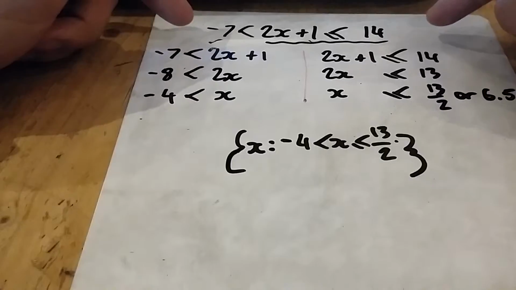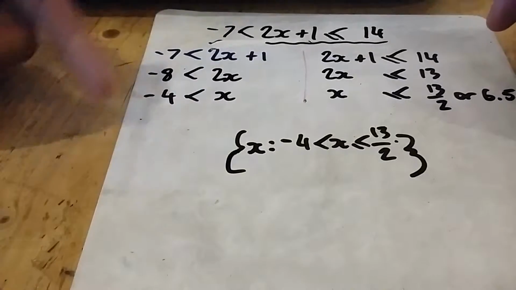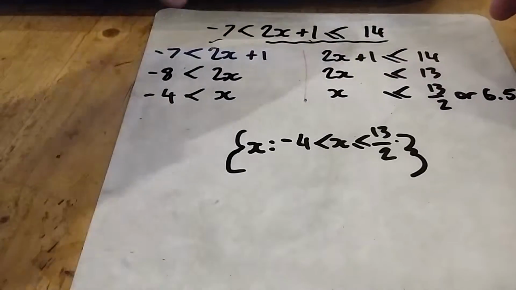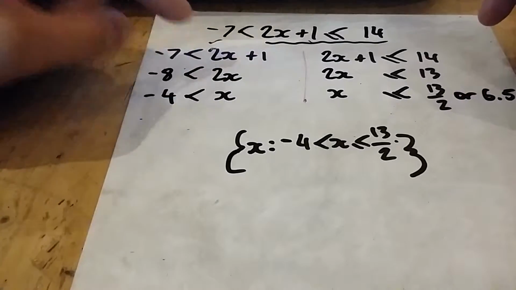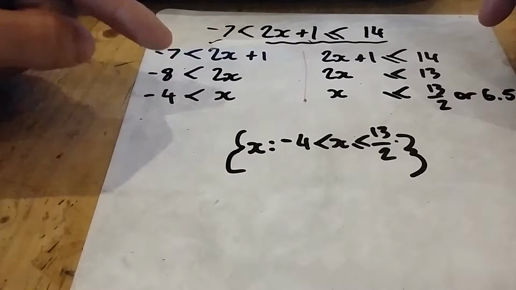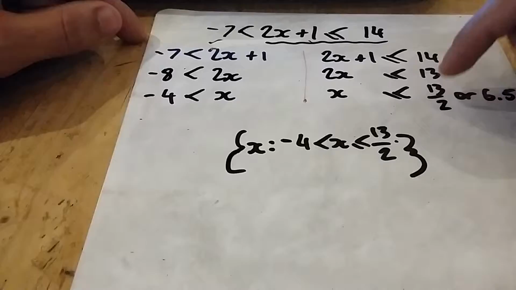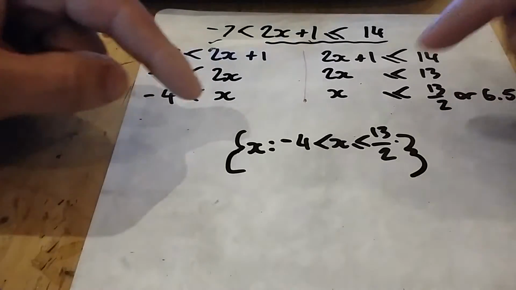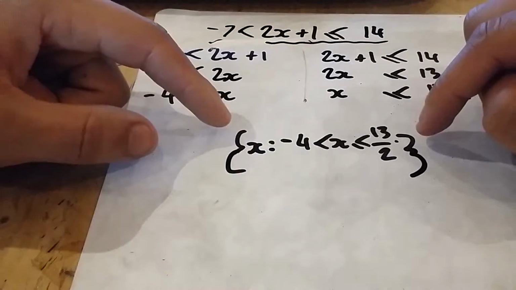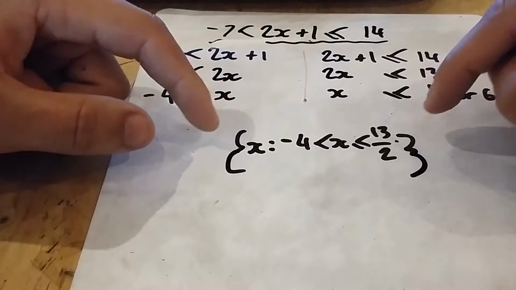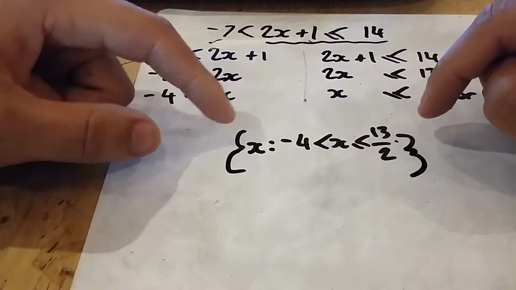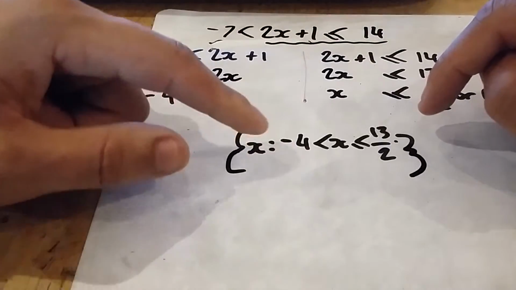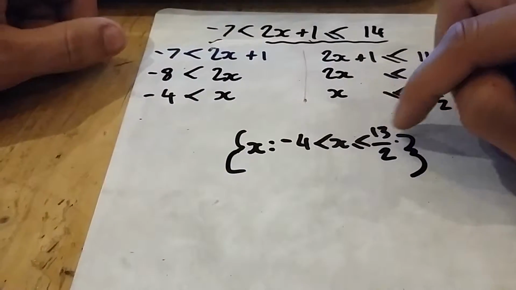I started off with reading the problem first, and then I've split it into two halves. And just notice in my working how I've kept the inequality sign consistent through my working, like so. Okay, and at the end I can put into kind of square brackets it was called the set notation. So the inequalities for x is that x is greater than minus 4, but it is less than or equal